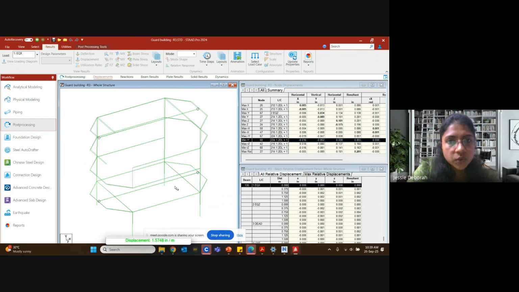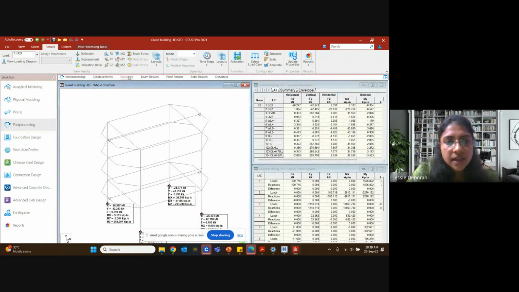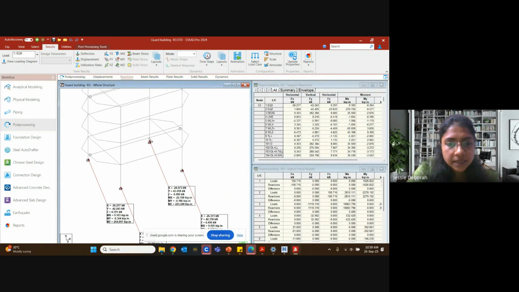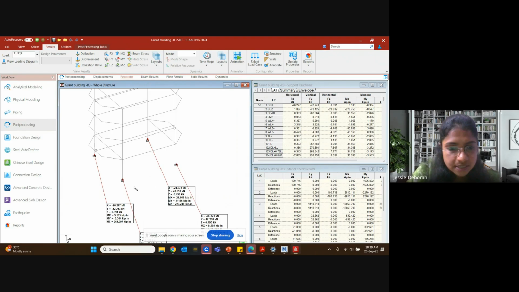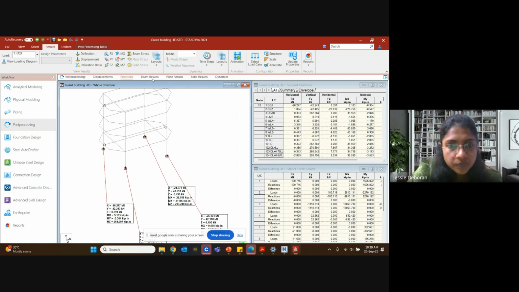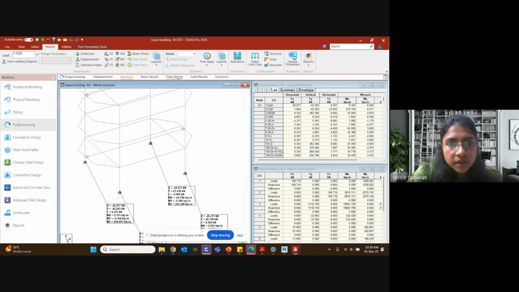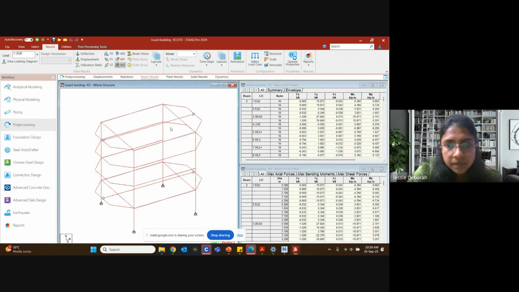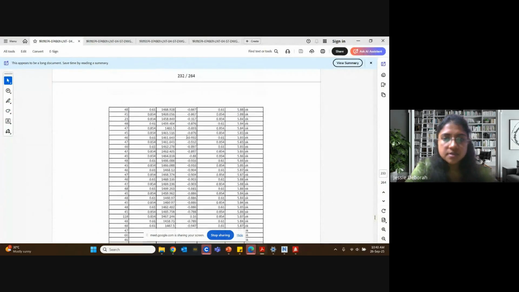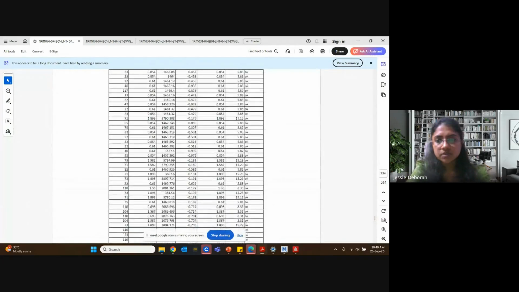So what we will do is, based on these results, we will arrive at what rebar we have to give for each of these, and we will close. If I select the node, it will tell us what is the Mx, My and Mz. There are no plates here, beam results are there. So based on this we will take the STAAD output.